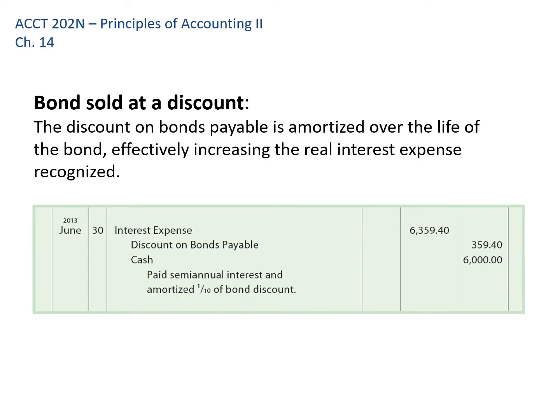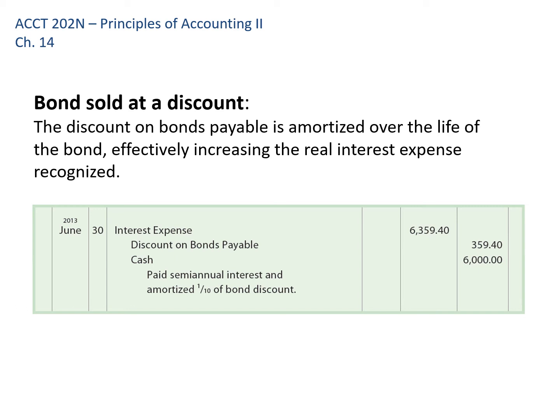If bonds are issued at a discount, then the amount of money that I receive is going to be less than the amount of money that I owe. So the initial entry there is going to be debiting cash for some amount less than $100,000, crediting bonds payable for $100,000, and then the difference between the debit and credit there is going to be a debit to discount on bonds payable. And that's going to be a contra account that's going to sit on my balance sheet next to bonds payable.